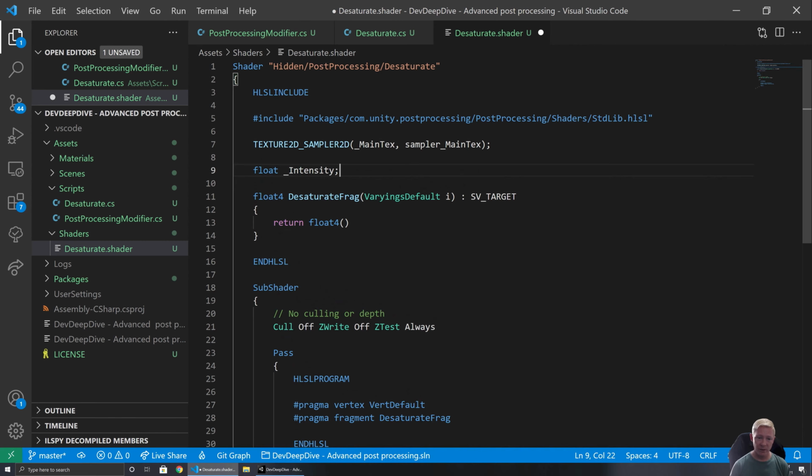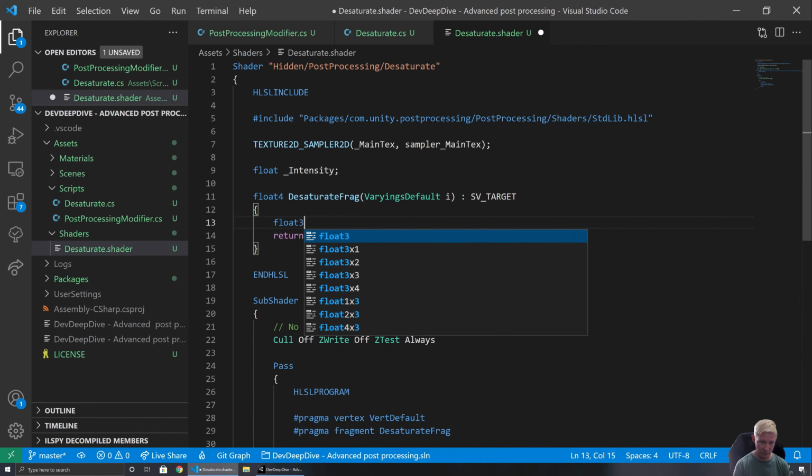So this is something, again, that's built into the high-level shader language. This lets us easily define our textures. So this main text will automatically get populated for us, and it will get populated with the current contents of the screen. So we can then sample that. Sampling that works very similar to how we normally would sample a texture. So float3,